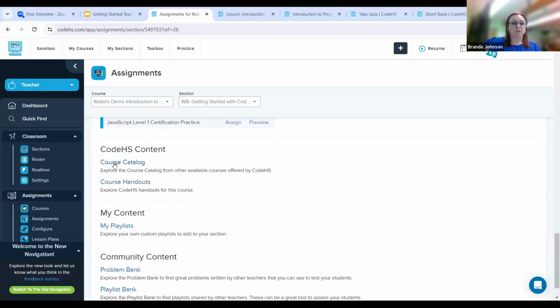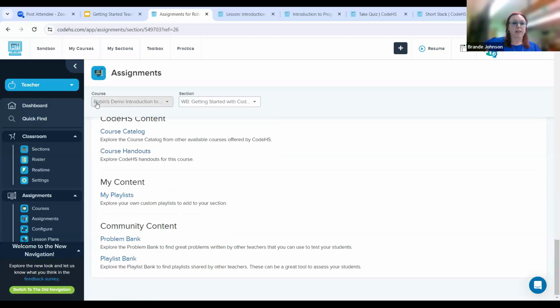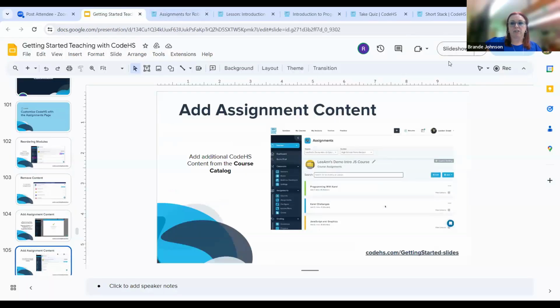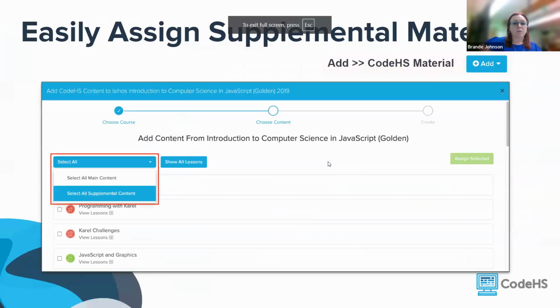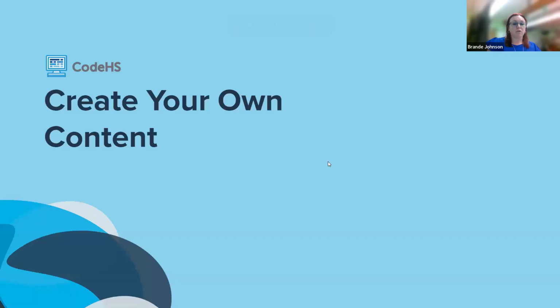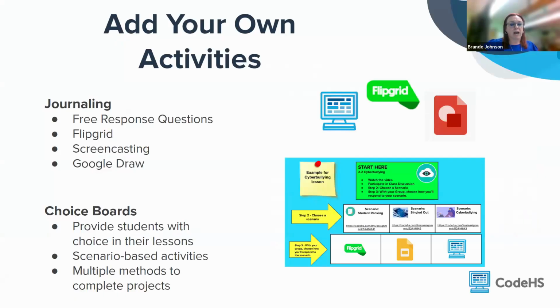You can also search their catalog. And CodeHS isn't just like, this is all we're going to give you. You can also create your own content, which is amazing. If there's something specific you really want your kids to do and you have this brilliant idea, you can add your own activities inside of CodeHS. You can add more free response questions if you want to integrate more writing. You can add Flipgrids. You can do screencasting. You can do Google Drawing as a form of journaling. If you're into choice boards, you can give students choices in their lessons. You can do some scenario-based activities,